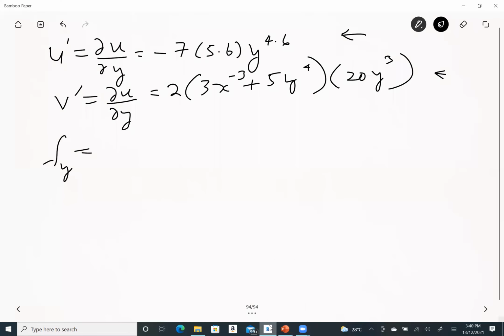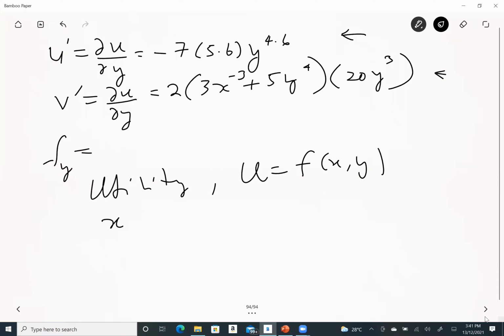So utility here, you have U as a function of X and Y. So this is utility. X and Y are normally two goods. They are goods that give you satisfaction. Example, the X can be what? Can be